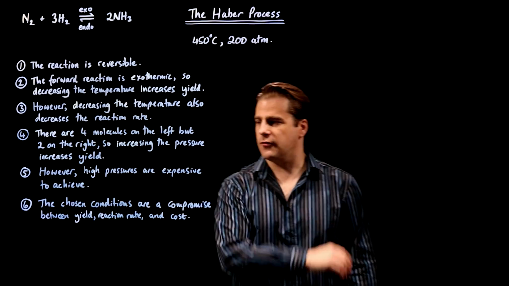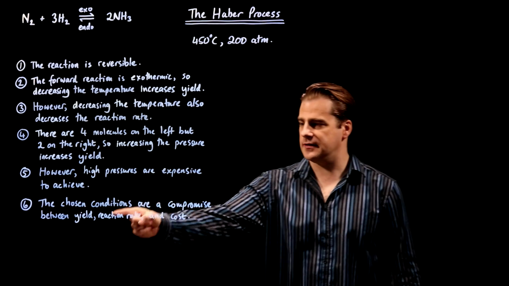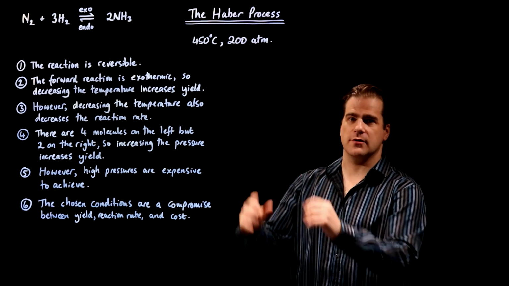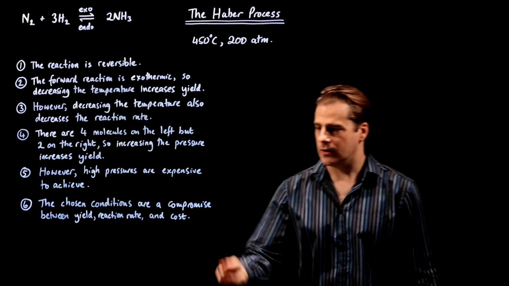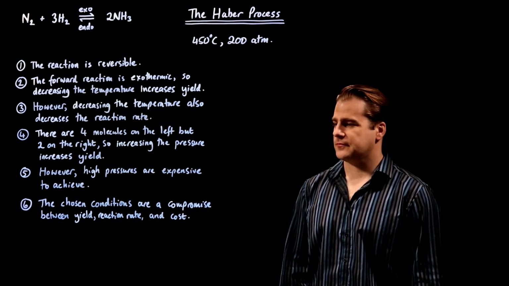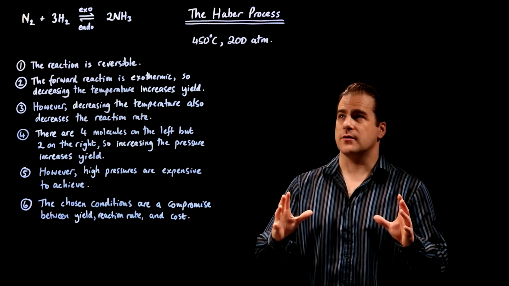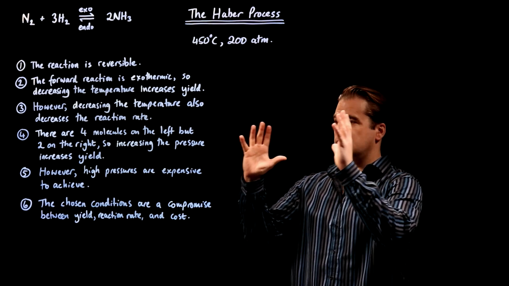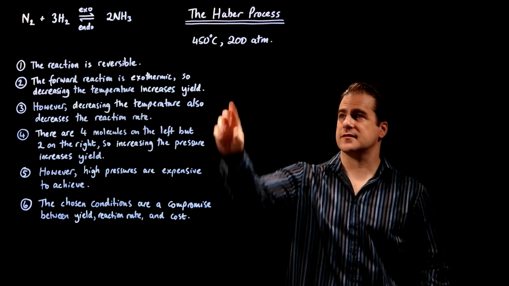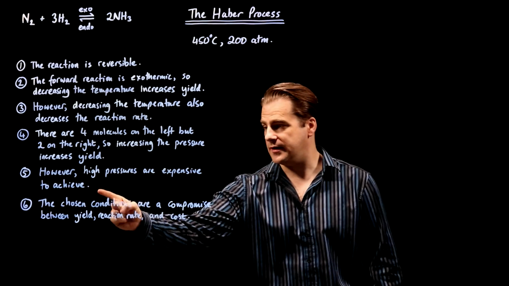And finish it all off by saying the chosen conditions are a compromise between yield, reaction rate, and cost. Done. Full marks. Use the word compromise. They love that. And it's a compromise. So, that's it. That is exactly why the conditions chosen for the Haber process are a compromise between yield, reaction rate